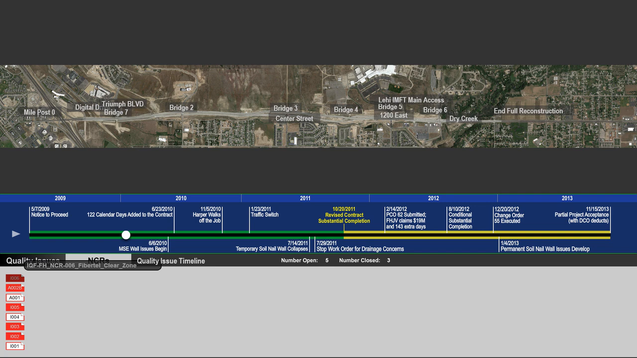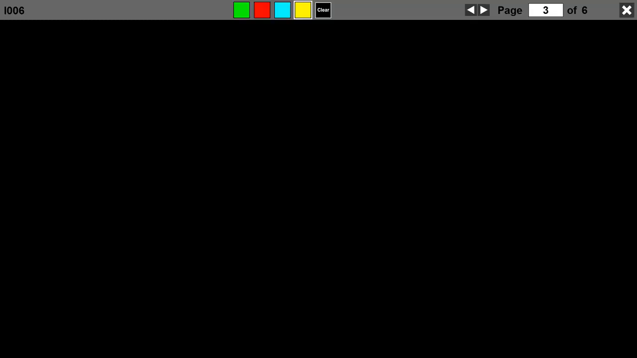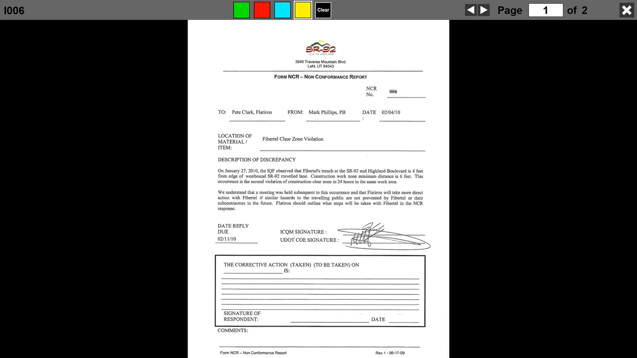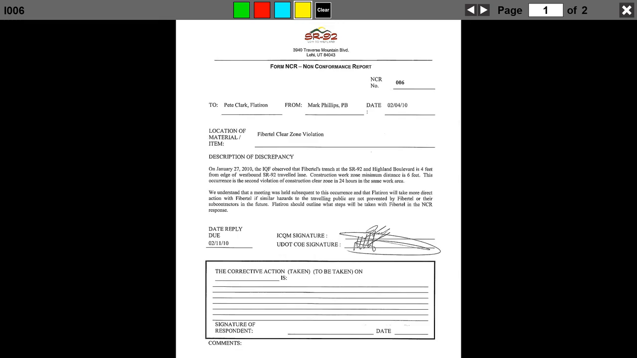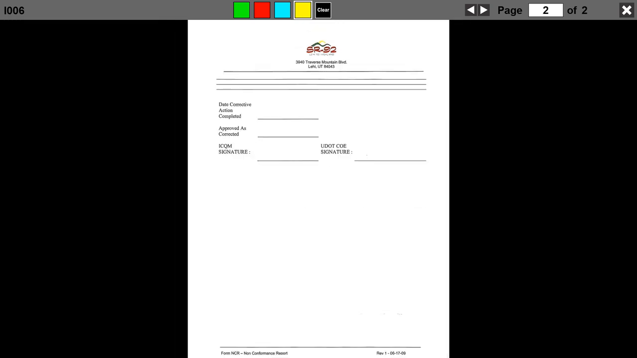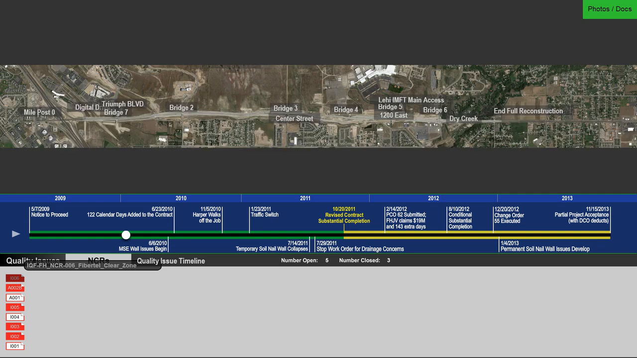So when you hover over each one, you get an identifying number. This is about a clear zone violation. If you click it, we get the link to the actual document, so we can go look at it. Some telecommunications company had a clear zone violation at that location. So we can step through each of the supporting documents for all of these non-compliance reports. So the report's issued, it turns red, and as the report is resolved, it turns back to white. So as we